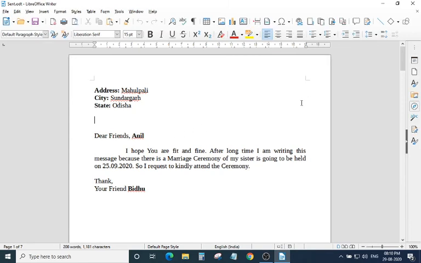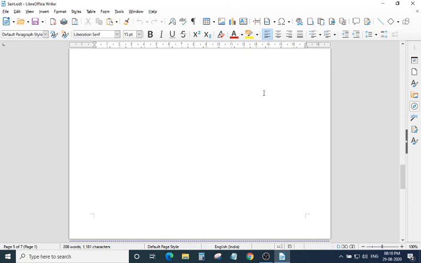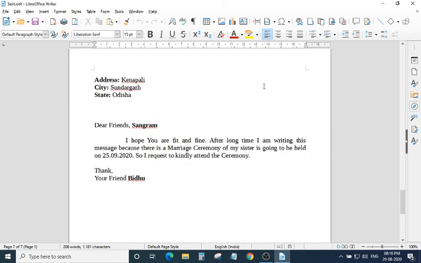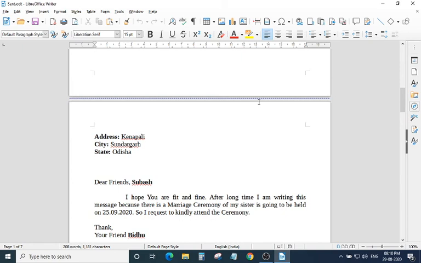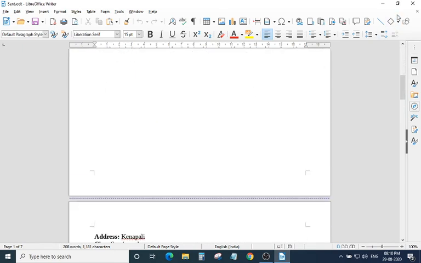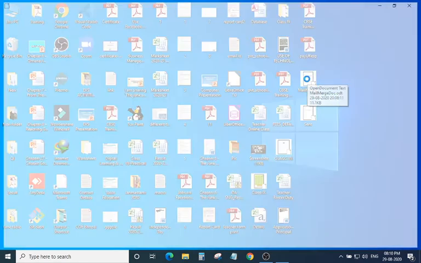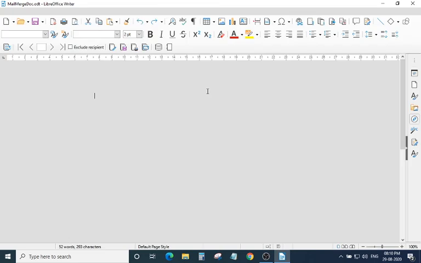Okay, I am going to show you another thing. This has happened in a single file. All your recipient names have come in a single file. Now let me choose to save as individual documents for the different participants.